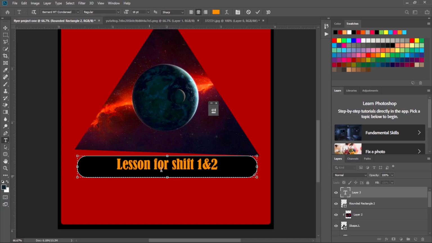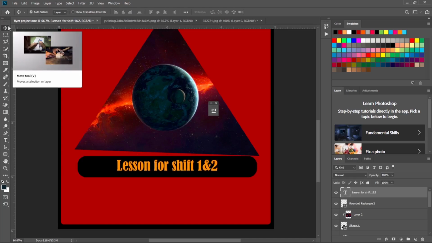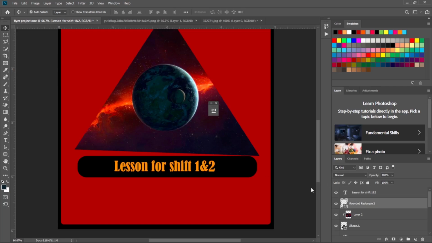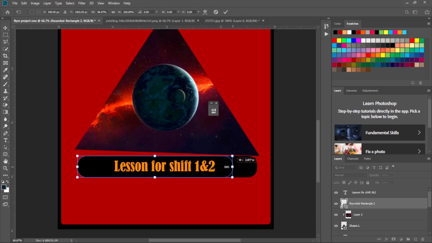After it is there, make sure that you position your text like this in the middle, and also select the shape and reduce its width to this extent,